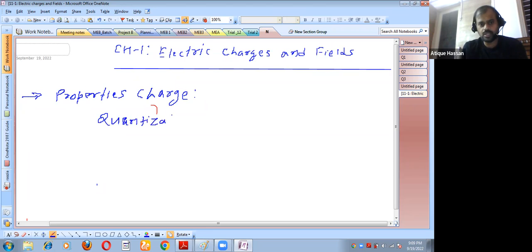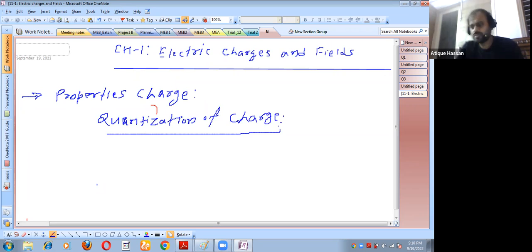Right? Yes, sir. Quantization of charge. In JEE, most of the time, questions are generally not asked, but in NEET, sometimes they may ask a question from quantization. For the sake of concept, we will do one question based on quantization of charge. Then we will move to distribution of charge. Quantization of charge, we already know that the charge on any object is an integral multiple of